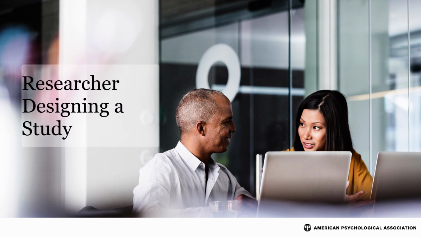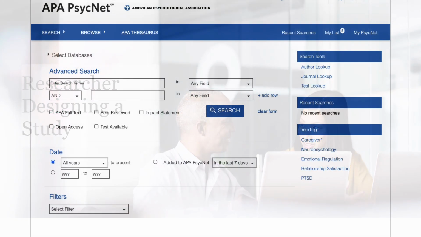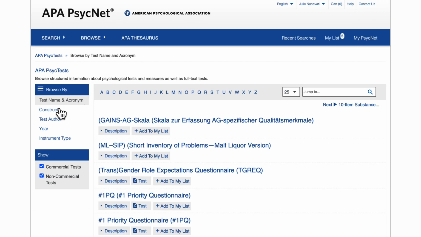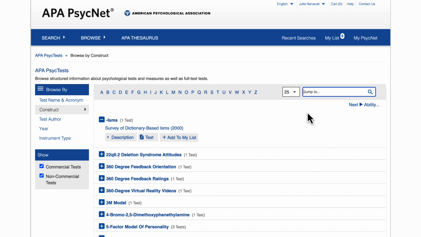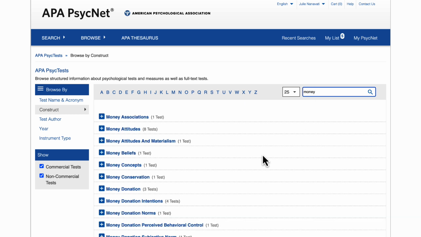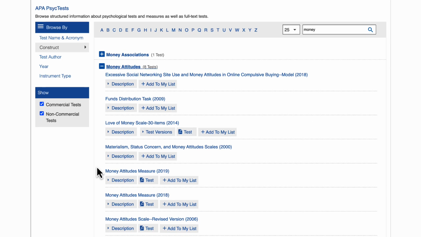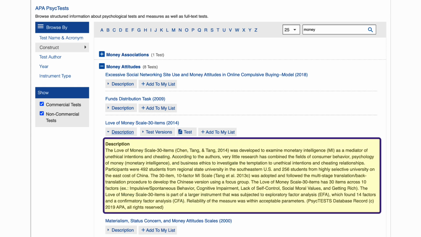We've seen how to start a search in APA PsycInfo and in APA PsycTests. As a final example, we'll demonstrate how an advanced researcher designing a study on college students' attitudes towards money can use APA PsycTests. Rather than developing a test from scratch, they can browse APA PsycTests by construct to see what already exists. Researchers can search for a topic word such as money and open a test that matches the construct money attitudes. For each test, they can view the description, see test versions,